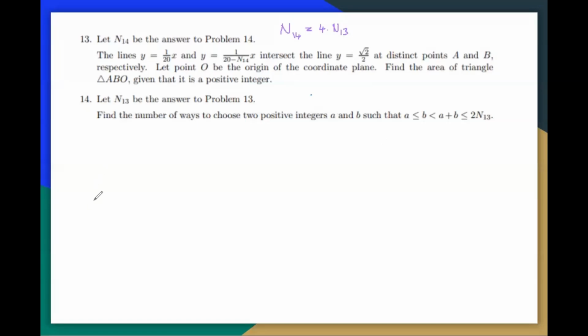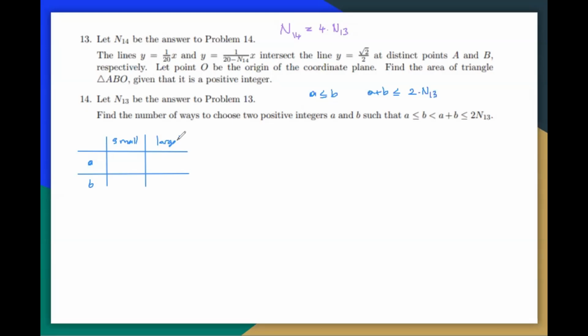So I'll try taking, we know that A is less than or equal to B, and A plus B is less than or equal to 2 times n of 13. So if I want to make some sort of extreme, I'm going to make a table. Okay, so let's say this is my table. So we have A and B. I'll take this as A and this is B,